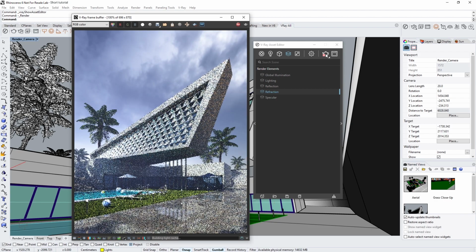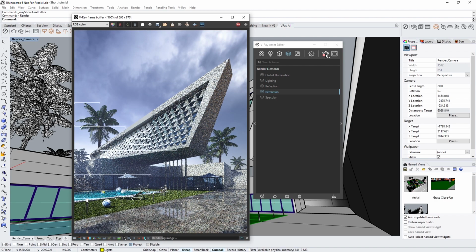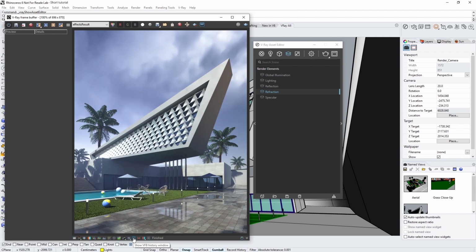Now, let's first take a look at what these elements normally look like without denoising applied to them. I'm going to start a render of the image and then save it to the VFB for comparison. Okay, now that we've saved the image to the VFB, let's see how we can do another render while separately